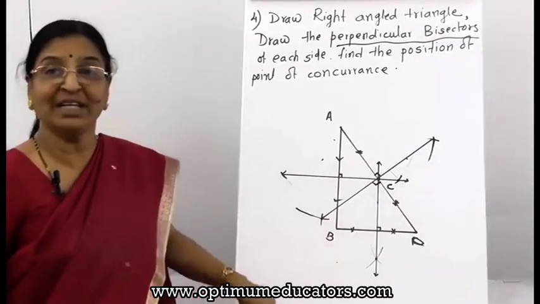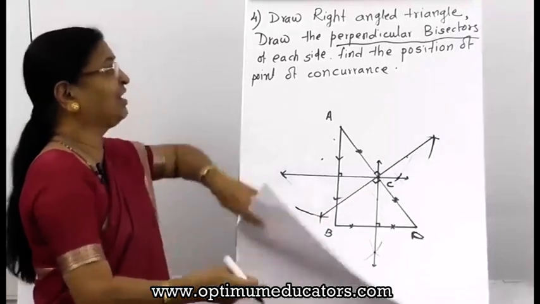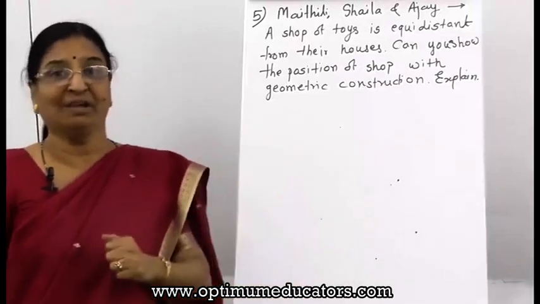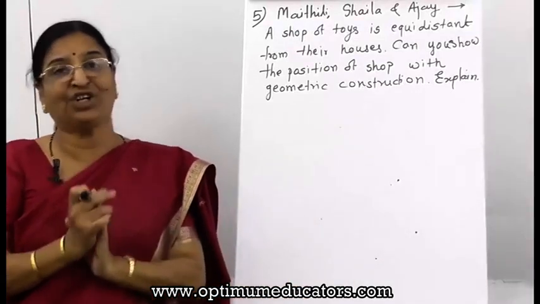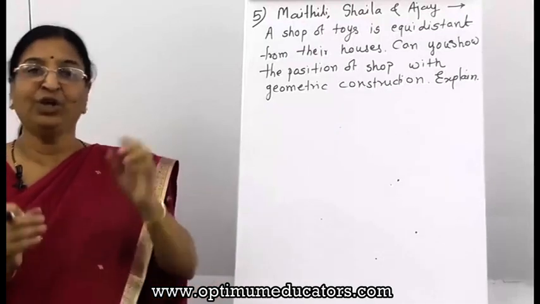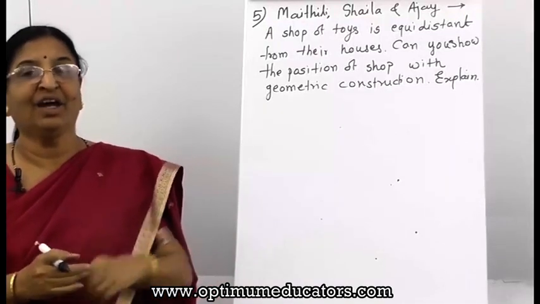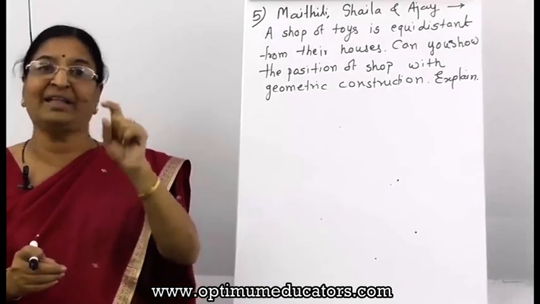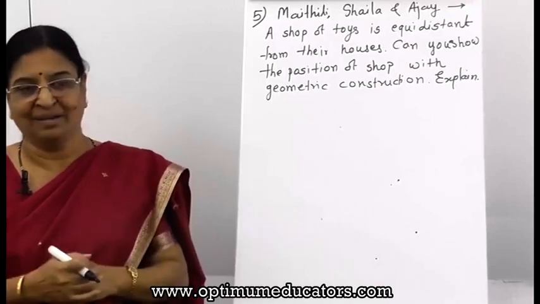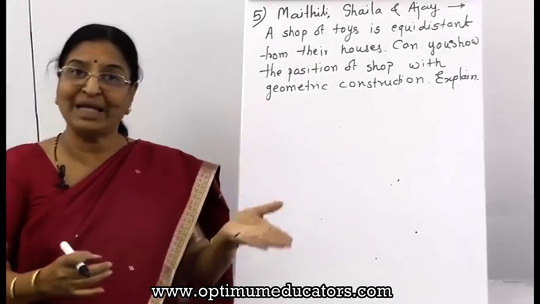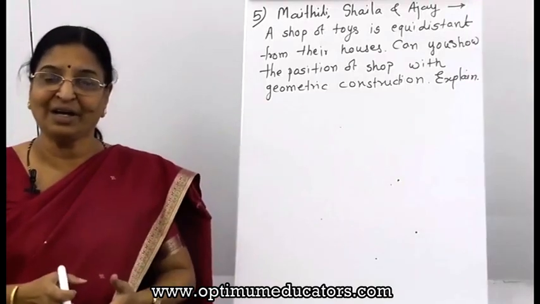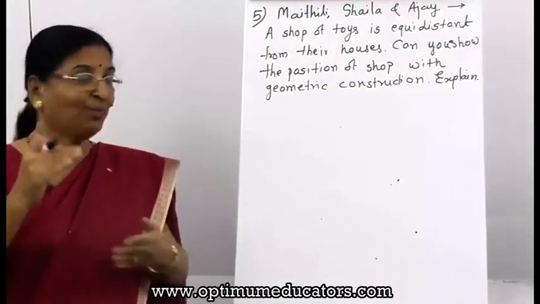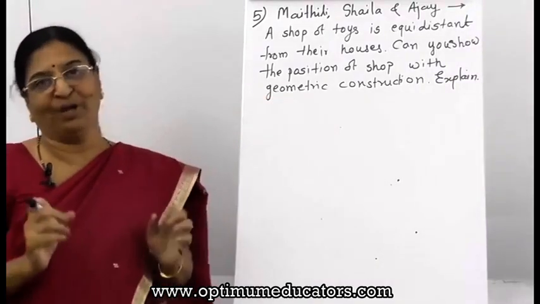Okay. So these are the four sums, and now we are in the concluding sum, that is the fifth one. See now what is given there. This is the application of the geometrical construction. You know how to draw the angle bisector. You know the angle bisectors are concurrent, and one important property is they are equidistant from the sides. Then perpendicular bisectors are also concurrent, but this point is equidistant from the vertices. So we will try which should be used.